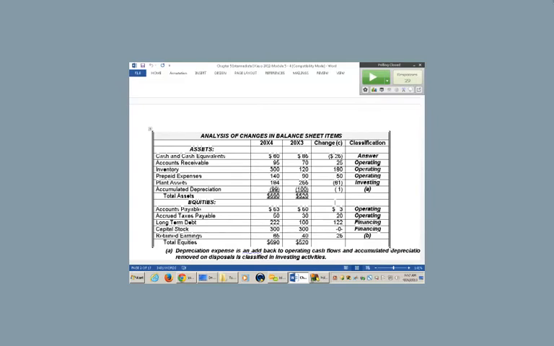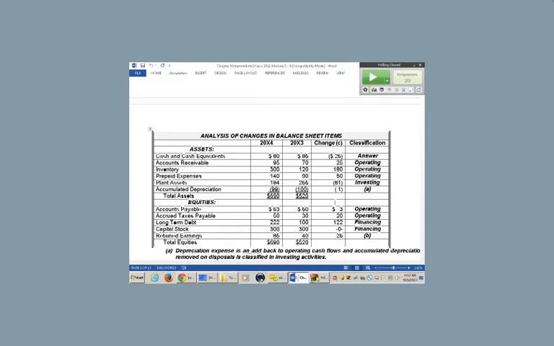Accounts receivable goes up by 25, that's an operating cash flow. Inventory goes up by 180, that's also operating. Prepaid expenses go up by 50, that's also operating. Now, what you need to remember is that all operating cash flows, you just leave them alone. You don't have to worry about those changes. We work on a net cash flow basis. You don't even have to look at those numbers. You use them as is. You just take those numbers.